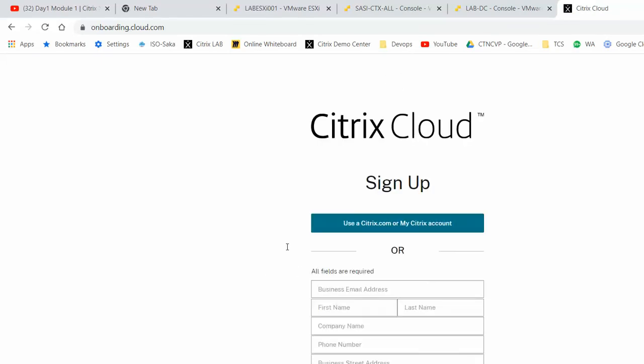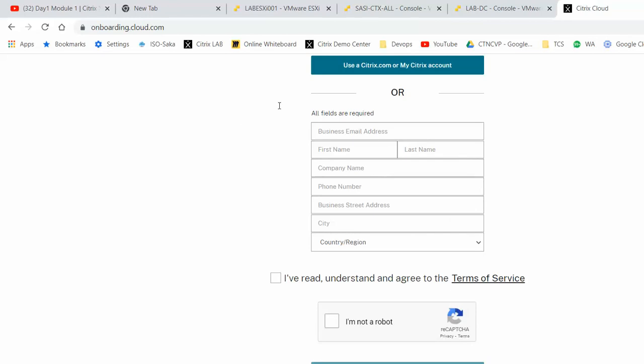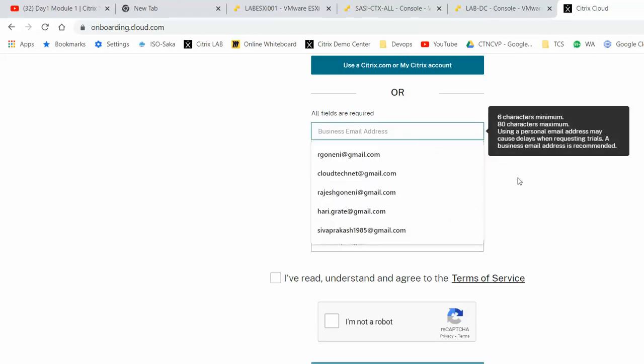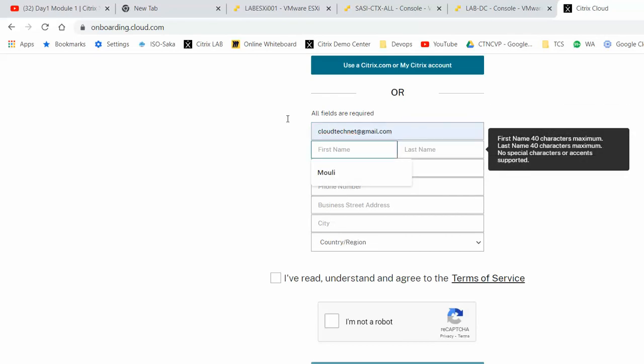Onboarding.citrix.com. You can enter your details: company business email address. Now I'm giving my email address.